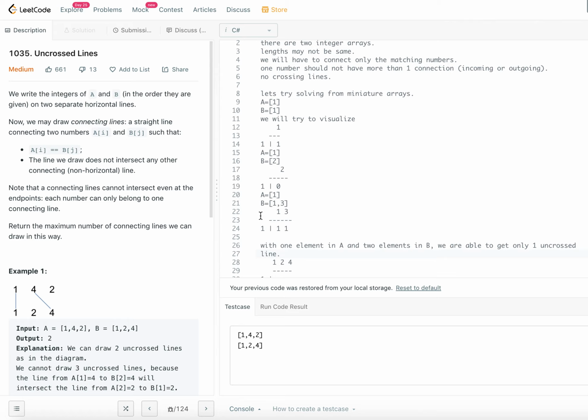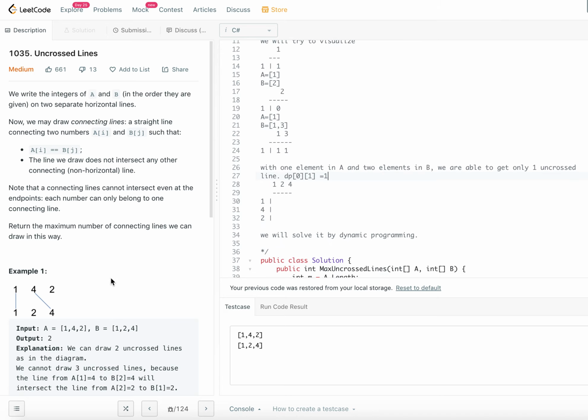So let's say this array is a DP array, a dynamic programming array. DP of 0 0 is this and DP of 0 1 is this. DP of 0 1, we are setting it to 1. That's the explanation for that. Let's go ahead and improve the algorithm by applying it to example 1. This will make for better understanding now. This is array A, 1 4 2, and array B is 1 2 4. Now I'm putting array A on the left side and array B on top.